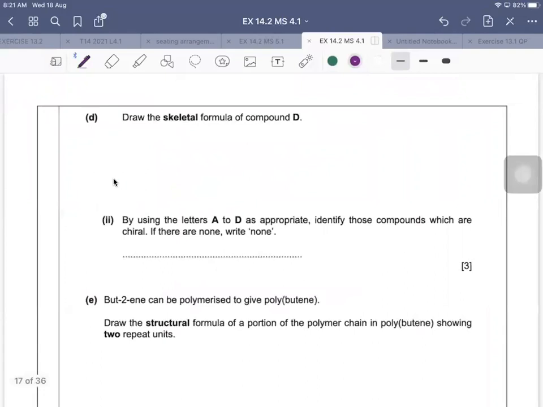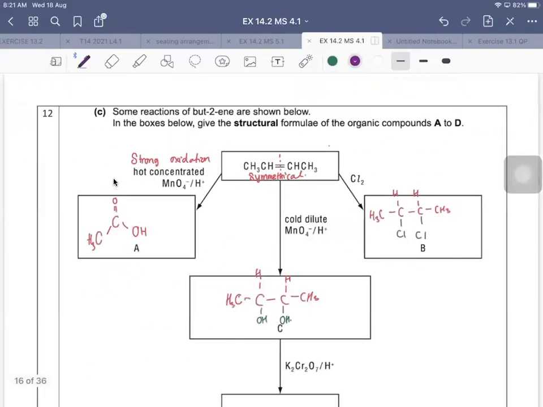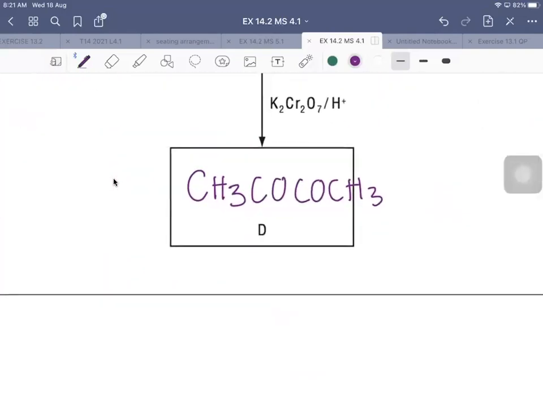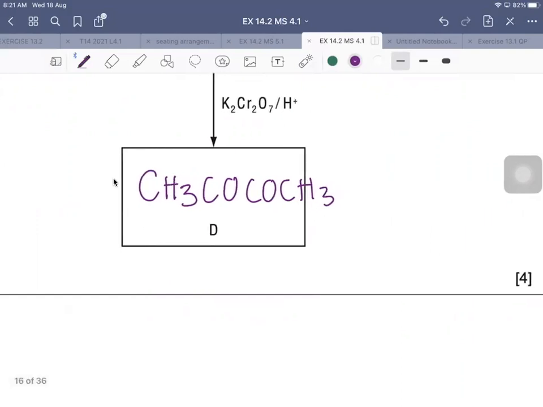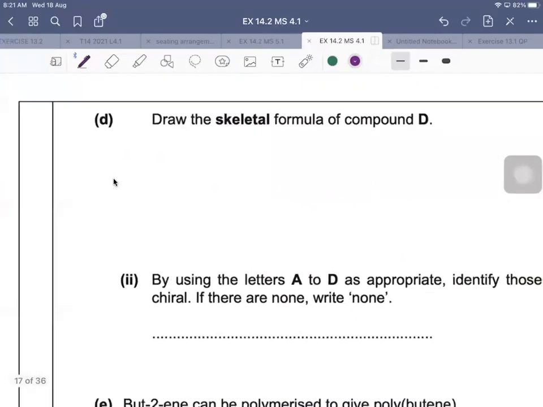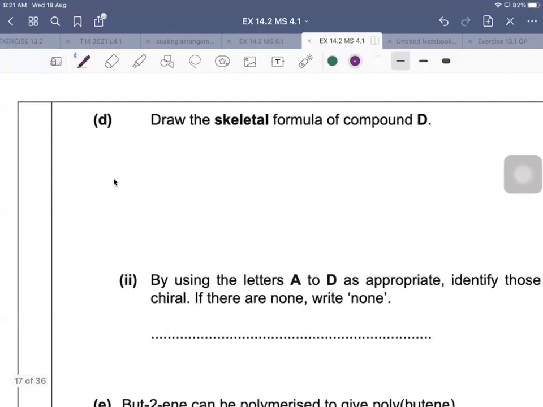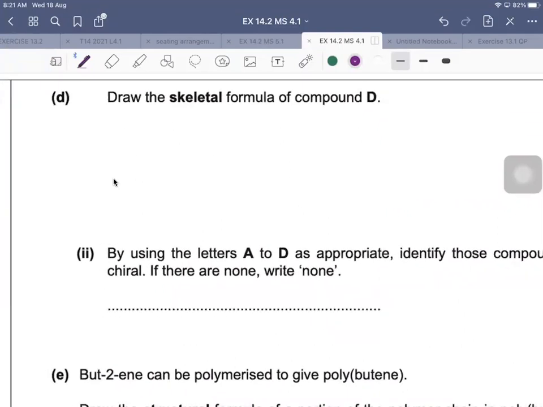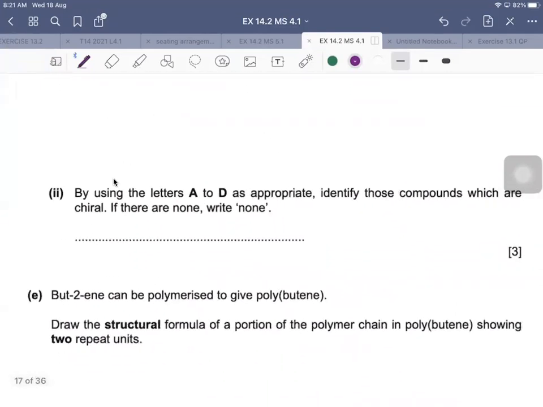This one, draw the skeletal formula of compound D. So please make sure you copy this down first. CH3CO COCH3. Again, I repeat, don't worry if you miss anything. Everything will be recorded and I will be uploading them to YouTube,